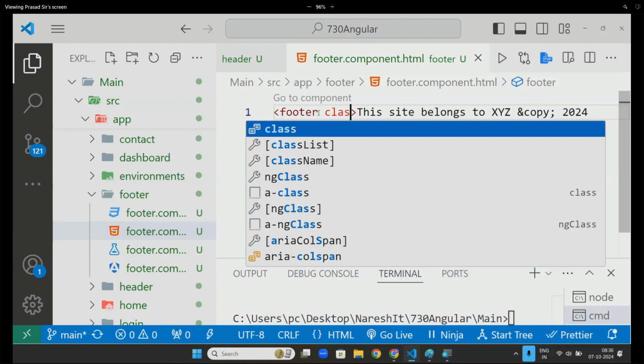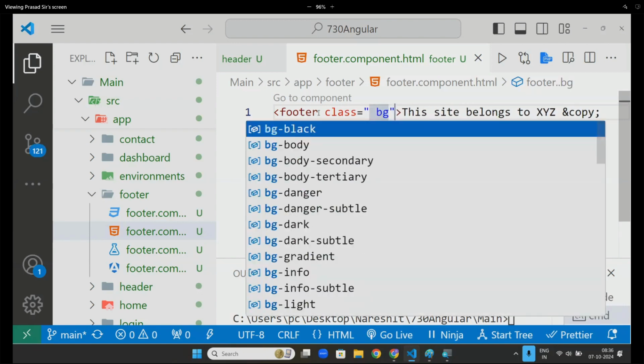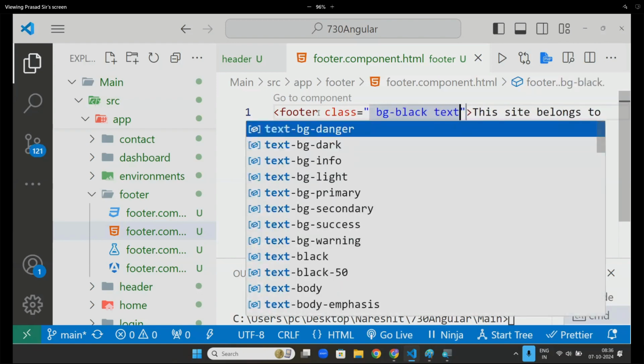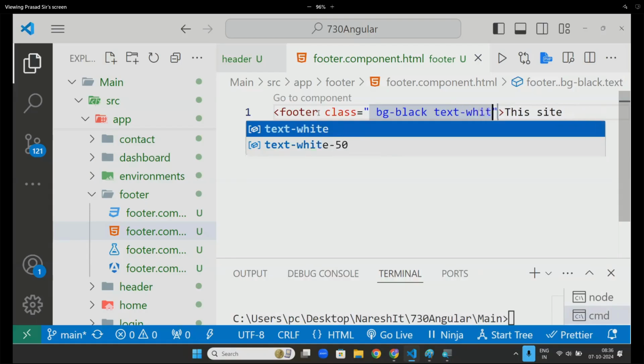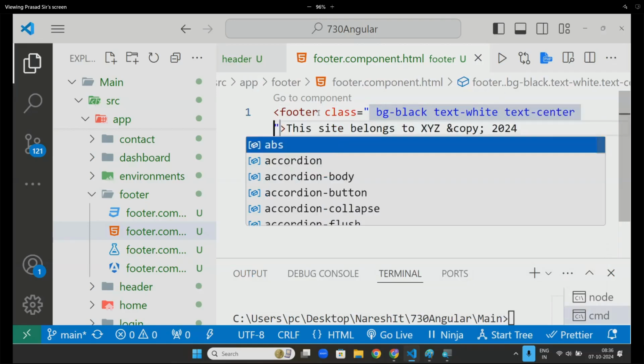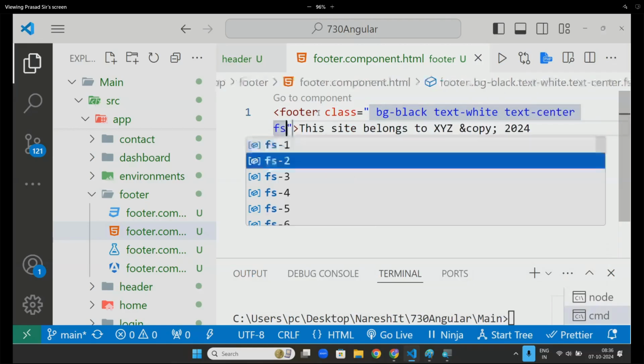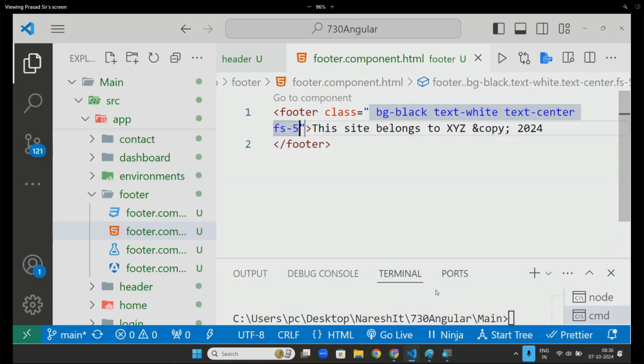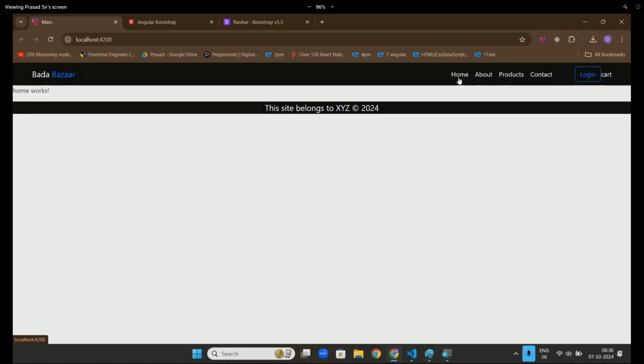Class BG black, text white, text center, font size 5. And in between you will get the components: home, about, products, contacts,